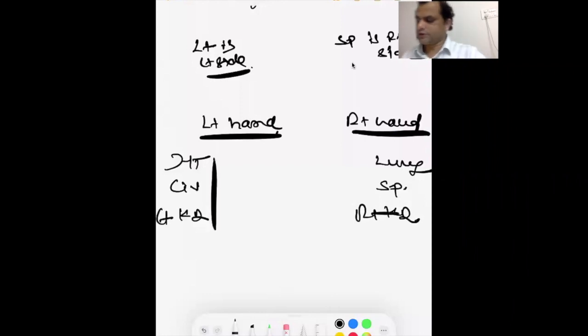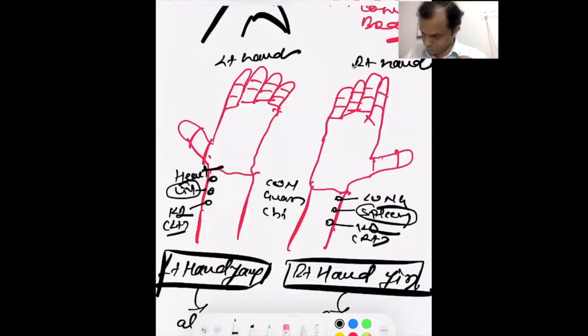So in this way we are checking the pulse. So if I ask you, tell me what is the meaning of chun? Chun. So your answer should be, chun means